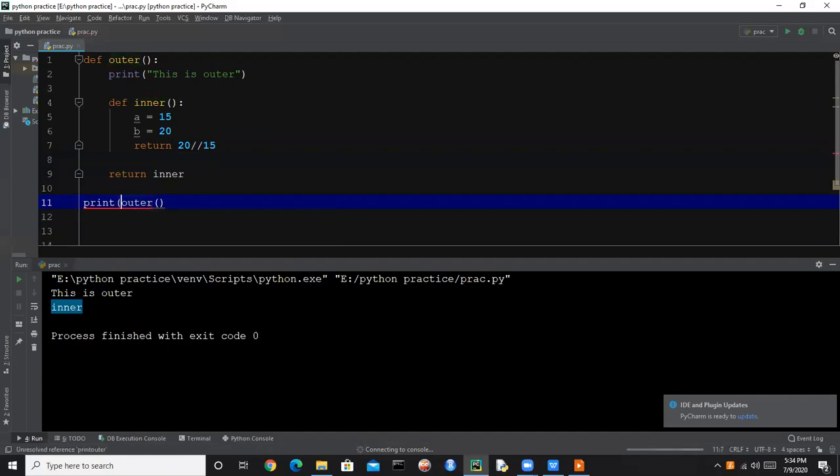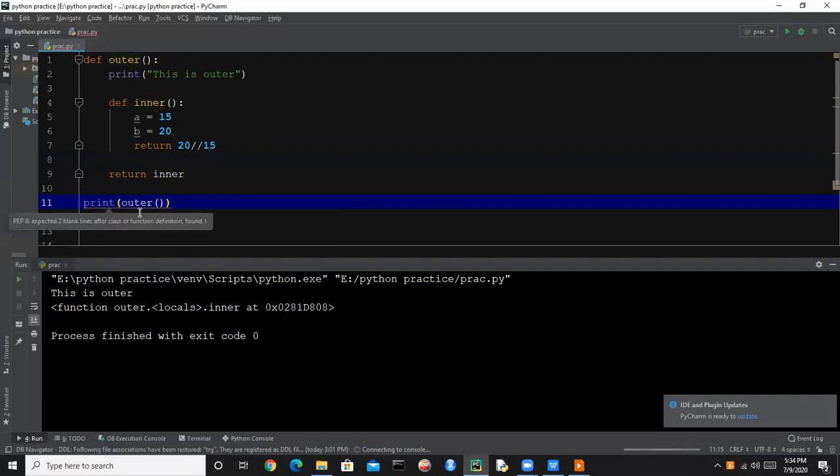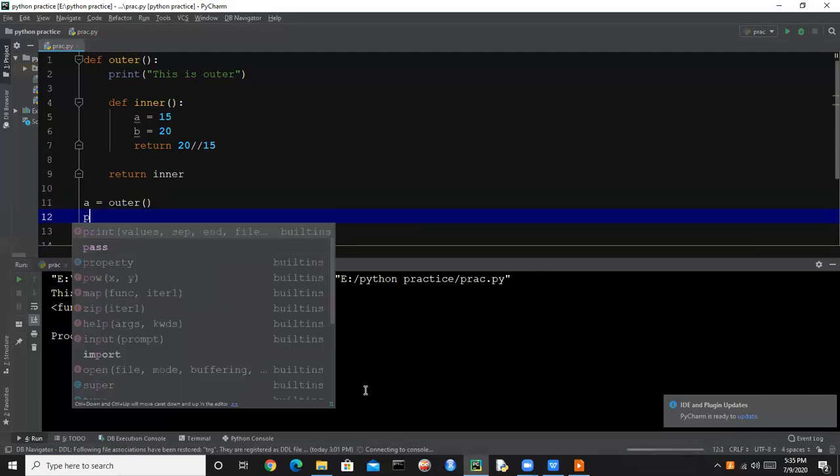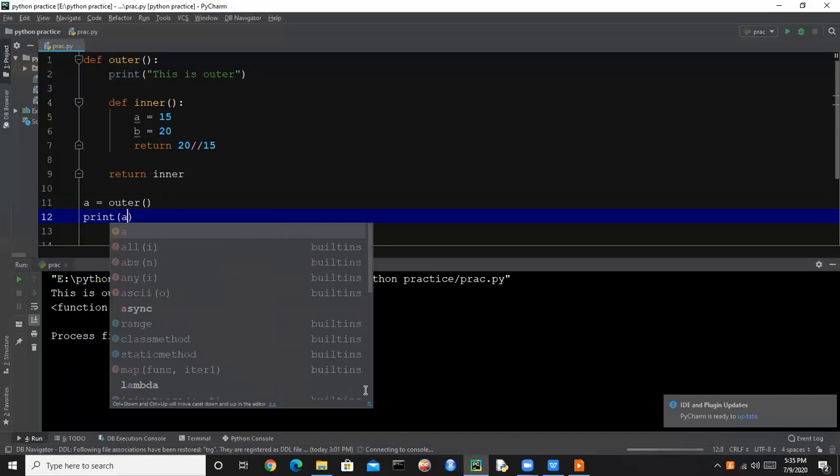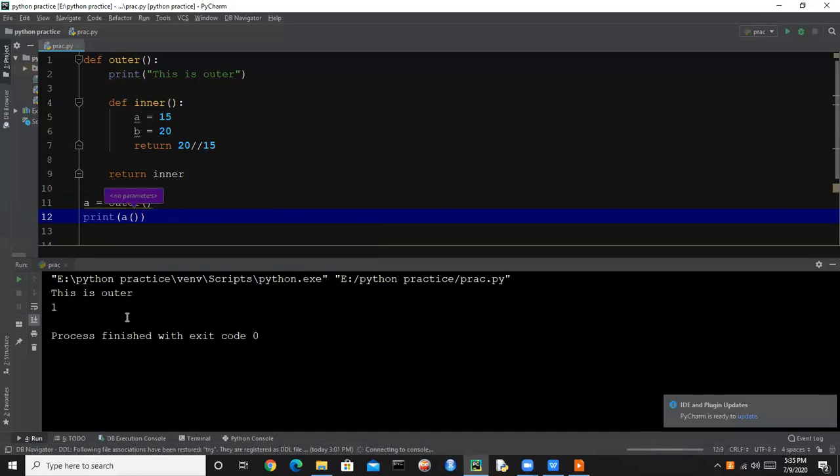Let's see the output. So here it is returning function outer locals inner at this address. So it is giving us the address of the outer function. It is not in memory, as we have discussed, but it remembers the function. So now we will assign a and run. Now we will call function a, that is actually the inner function. So now this is saying this is outer, and this will return 1. So the output is 1.